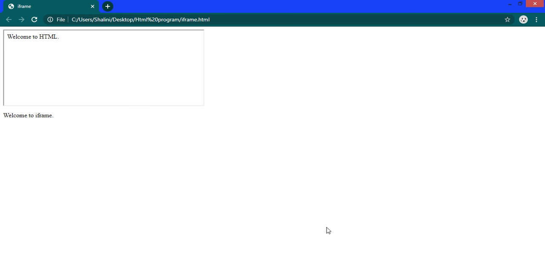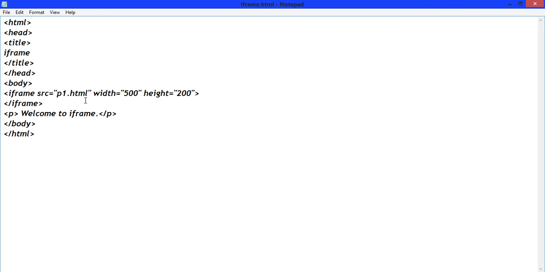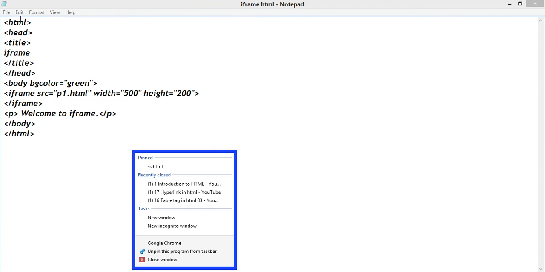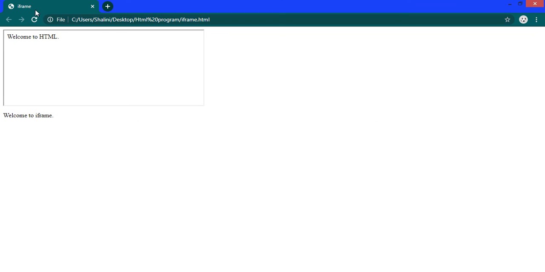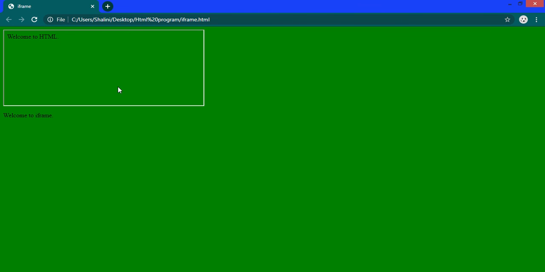Okay, now set here bgcolor equals to green for better visibility. Now save it and run it again. Now see here the rectangular box.